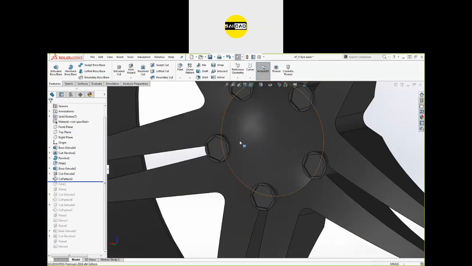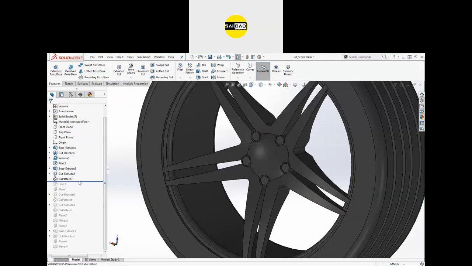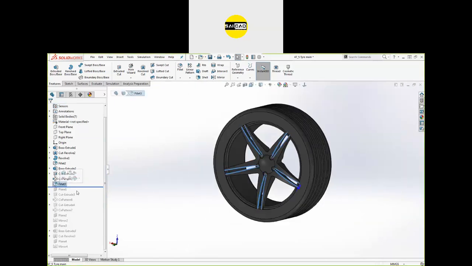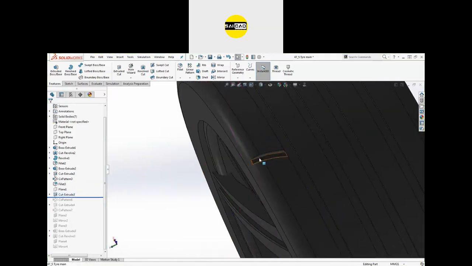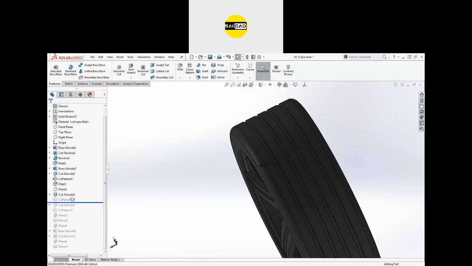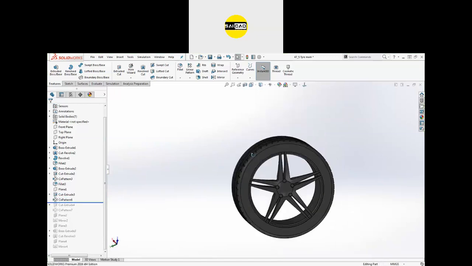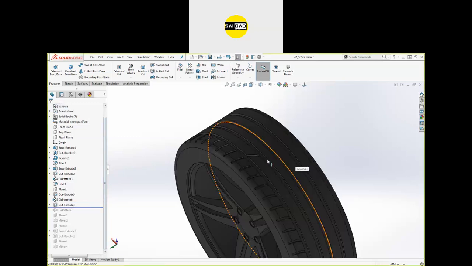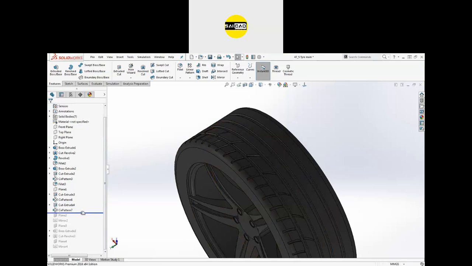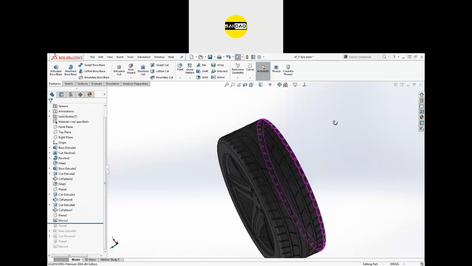So you can see this is the simple representation. After that, apply the fillets on separate places. Then I have used the cut extrude up here. You can see there is one groove. After that, I have patterned this groove on all the sides, and then use the second groove in here and again pattern that in the middle like that. After that, I have mirrored both the grooves to the other side, and here is the back.